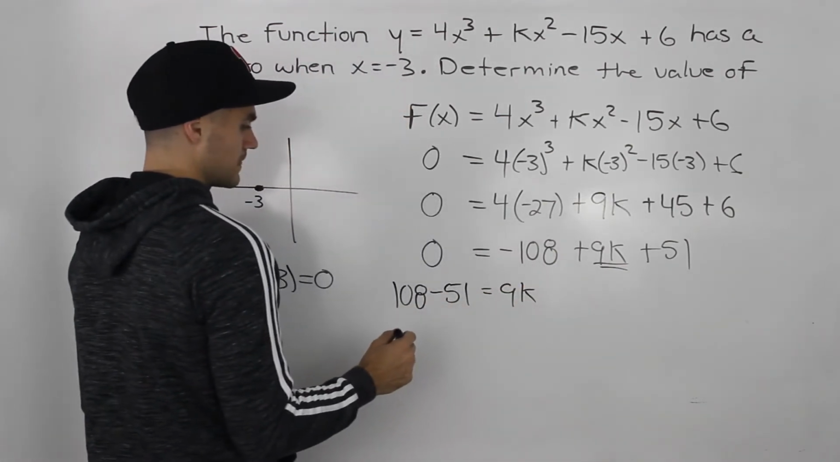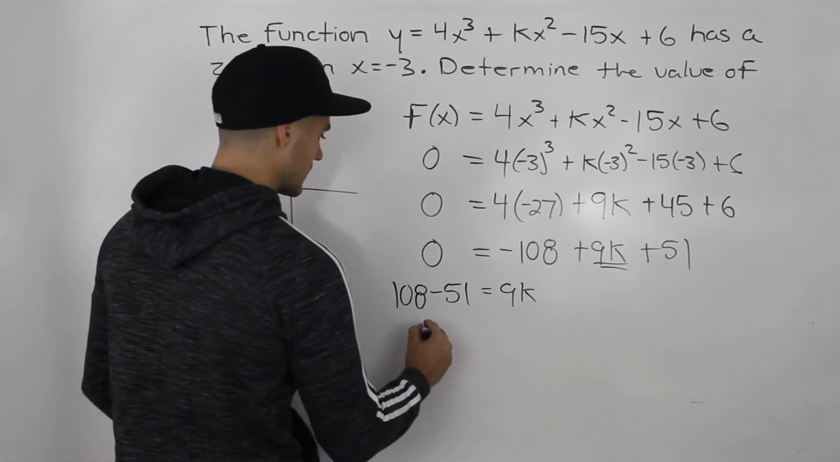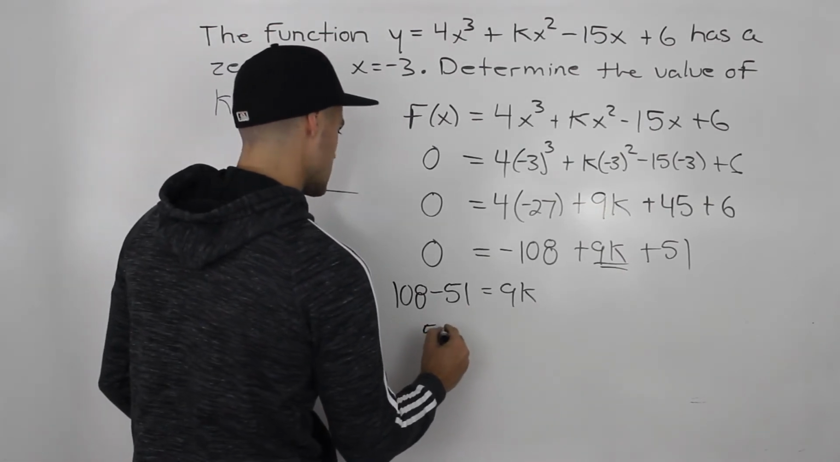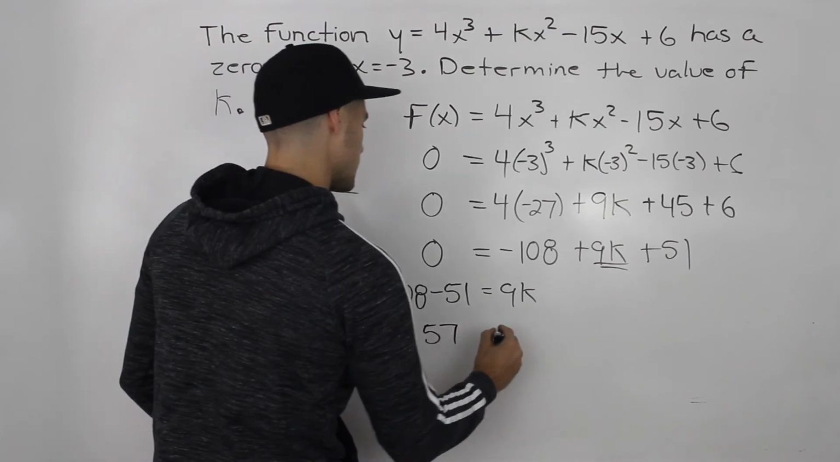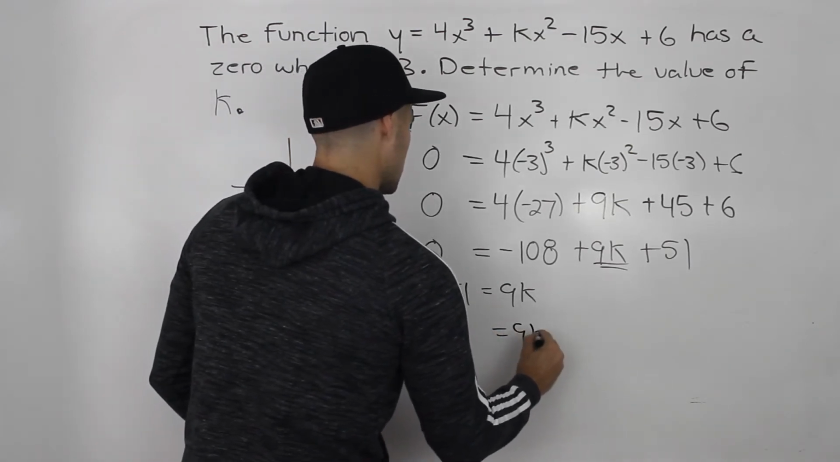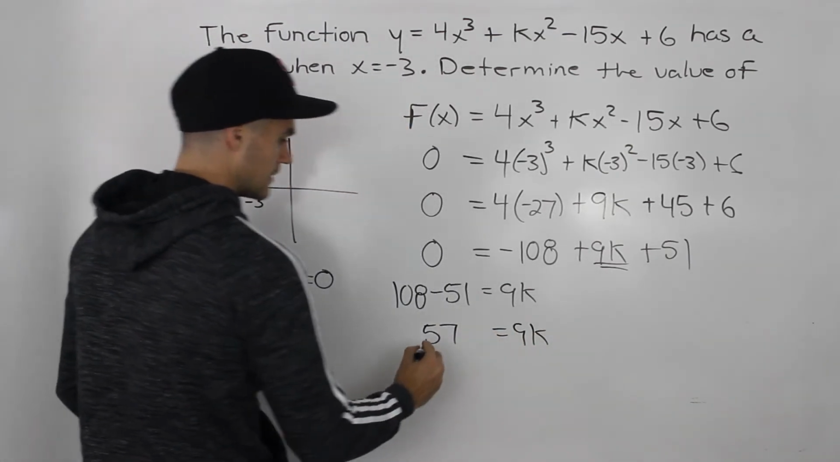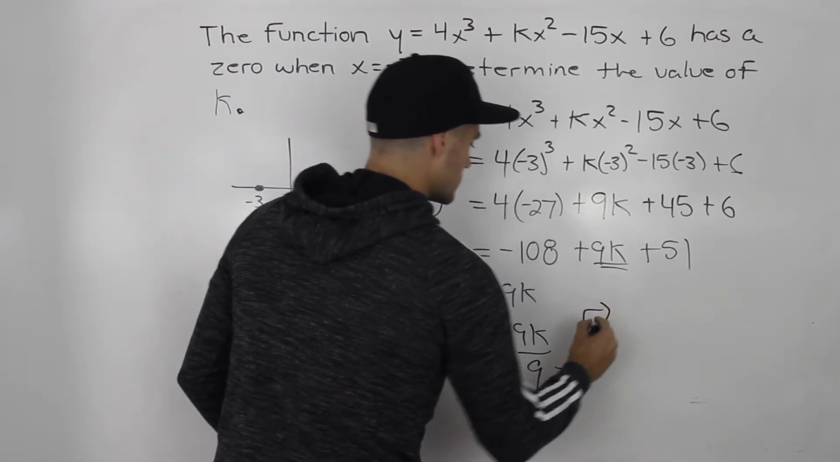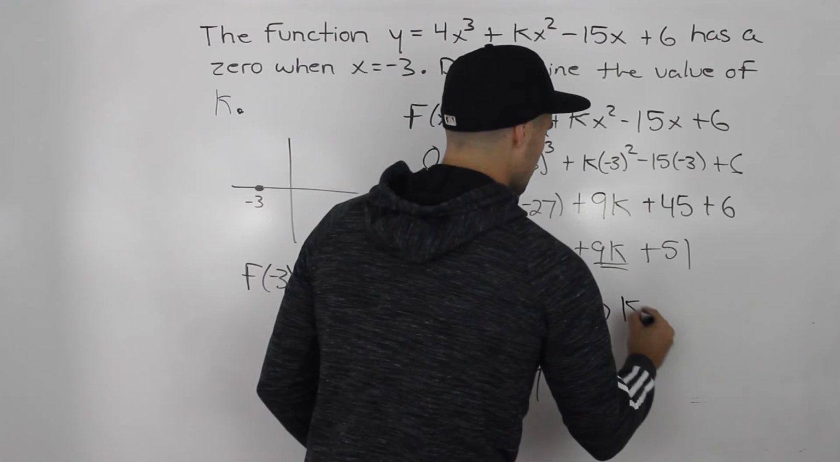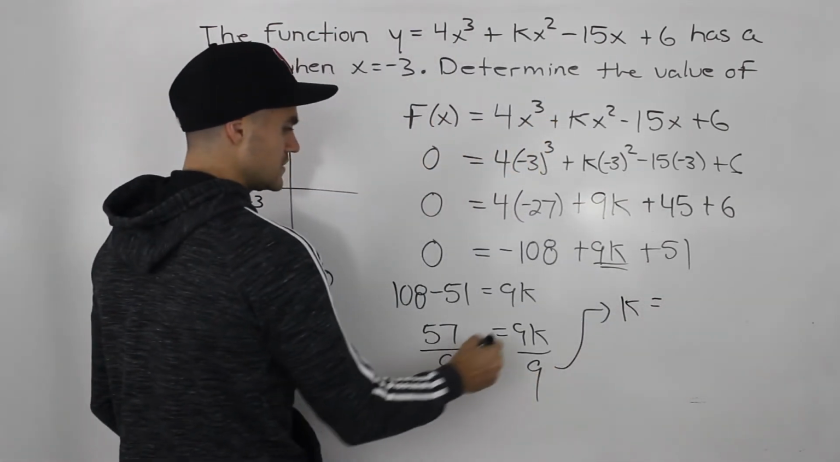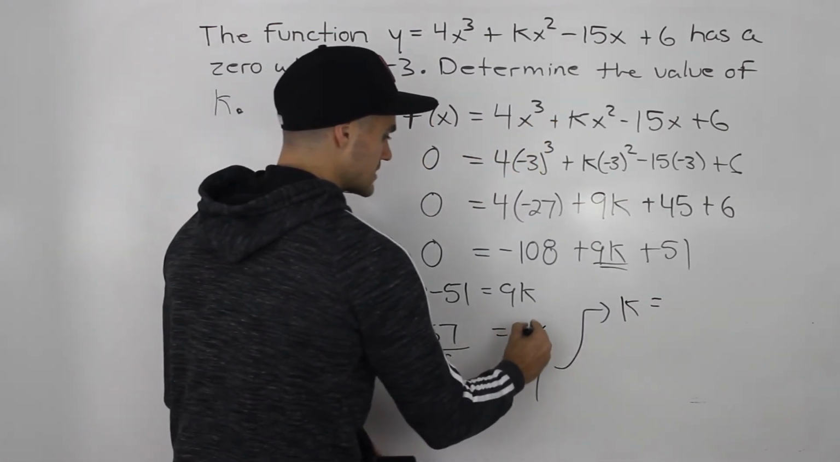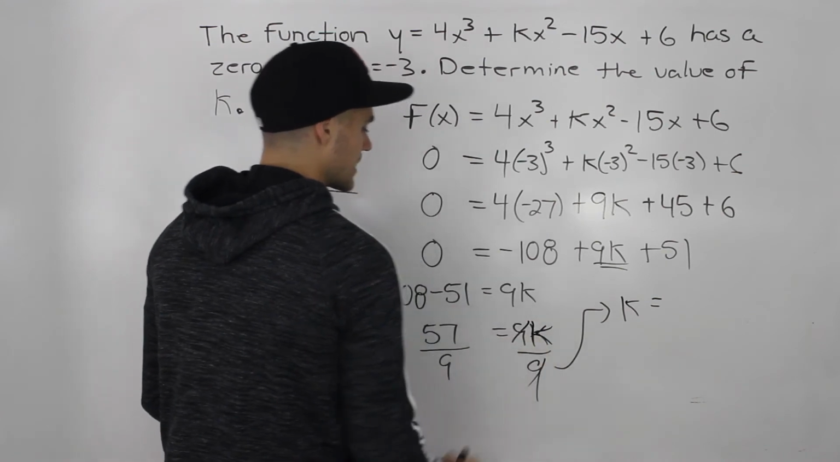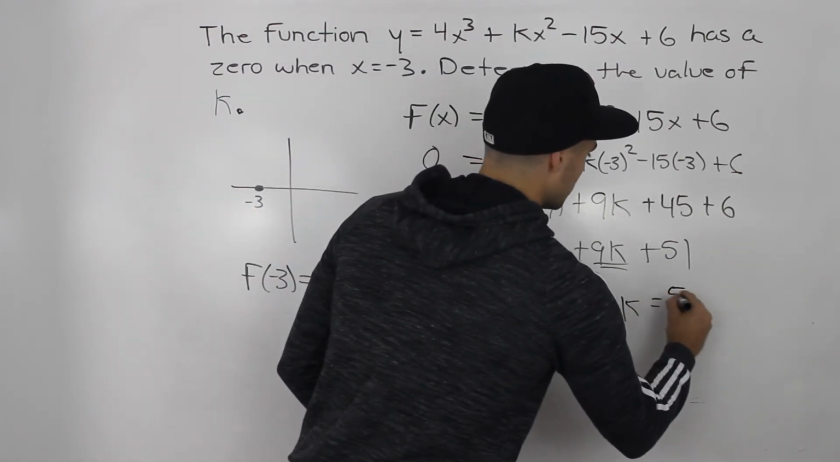So 108 minus 51, that gives us what? 57. 9k there, and then divide both sides by 9. So let's continue this here. So that means k is going to be 57, or sorry, the k stays. The 9's cancel out. So k is going to be 57